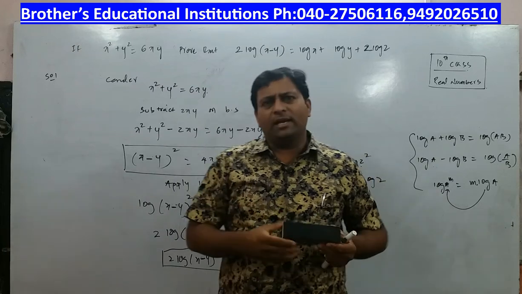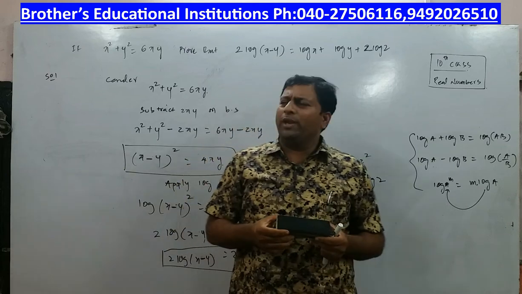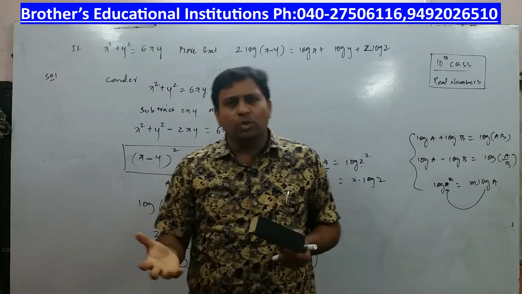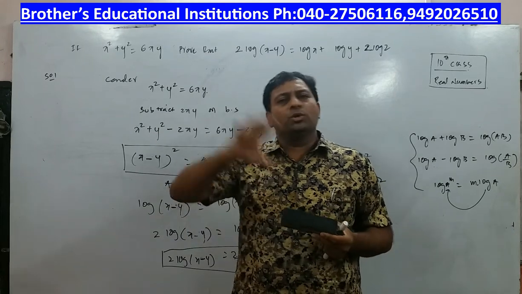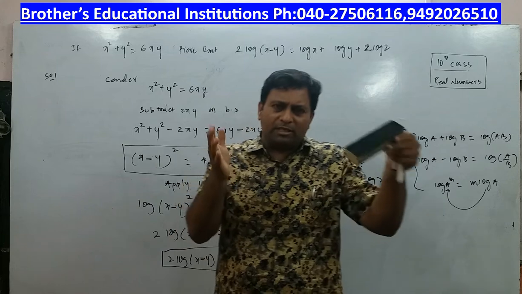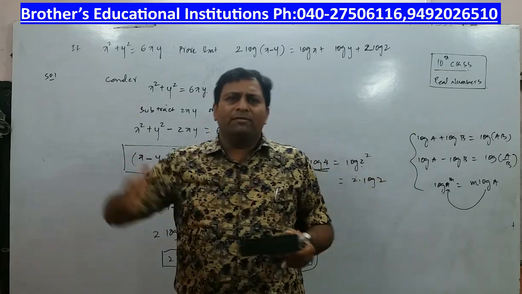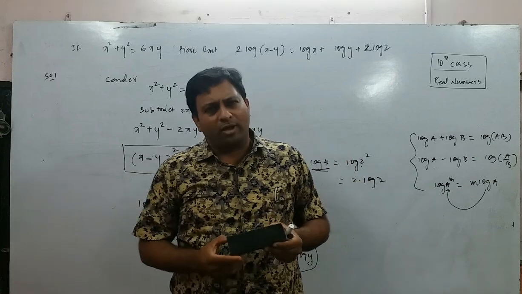Now in the next video I will come up with the new concept of proving root 2 as an irrational number, and proving root 5 as an irrational number. Those kinds of problems we will see in our next video. That means in this chapter on real numbers we are coming backwards, from the last exercise towards the first. I am sure you are able to understand.